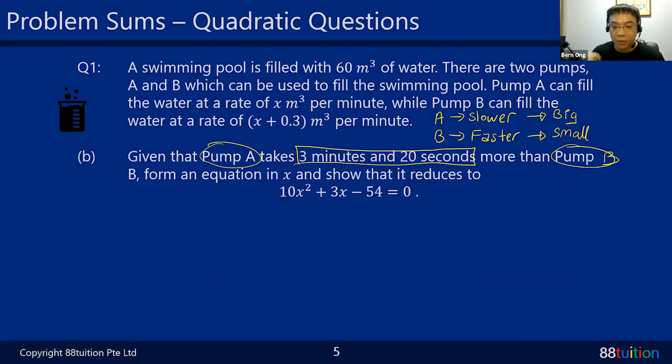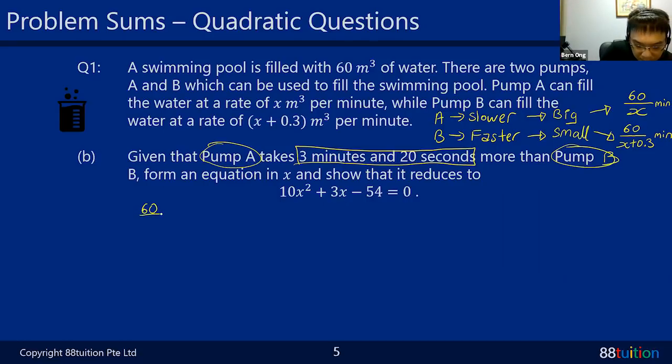So the clue here is talking about the 3 minutes and 20 seconds. Who is the slower one? Me, pump A. So the big number minus the faster one's smaller number gives a difference of 3 minutes 20 seconds. Pump A, just now I wrote it as 60 over x minutes. Pump B is 60 over x plus 0.3. Remember this from A part 1 and A part 2? Being slower, you will be a bigger number. So I need a big minus small, a big number minus a smaller number, in order to get a difference of